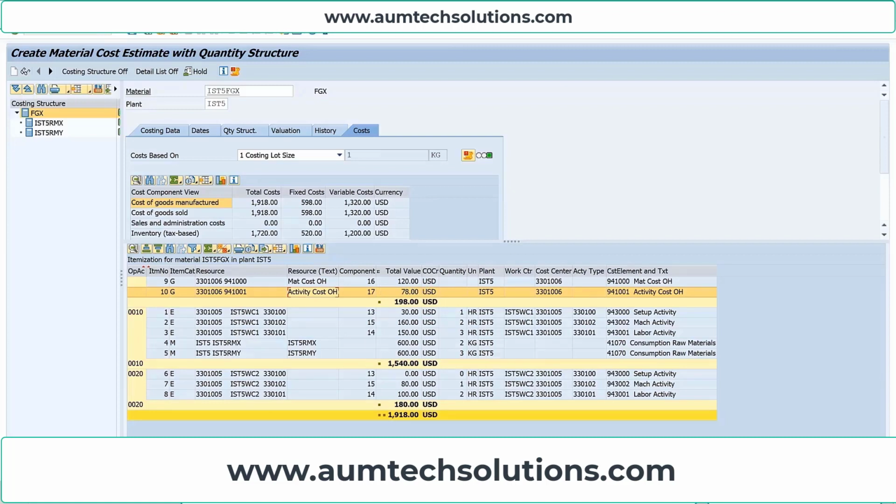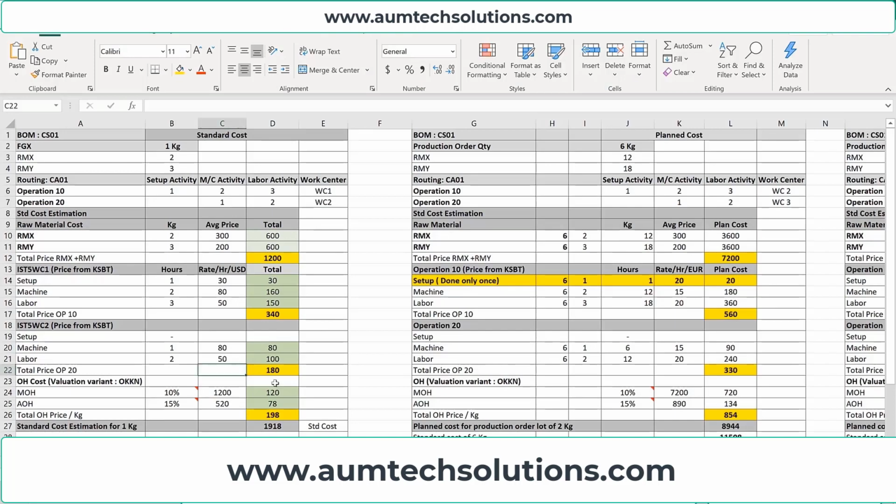Now let's reconcile the value 1918, which SAP is showing. So I prepared an Excel. In this Excel, let's see, your BOM. The transaction code to create BOM is CS01. We have raw material X, which is 2 kg, raw material Y, which is 3 kg. Then we have the operations, that is work center 1,